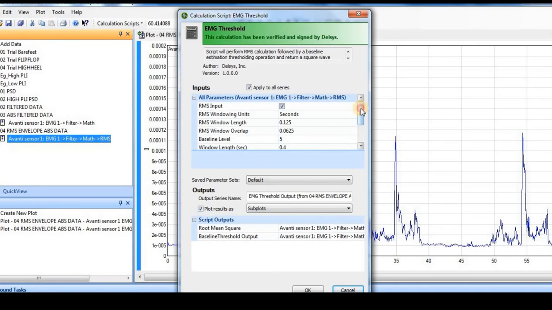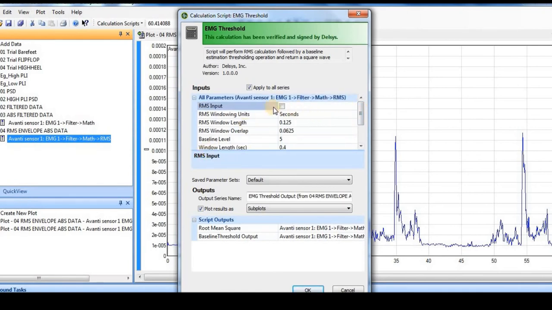If you have a rectified data series directly, then we may have to do the envelope estimation first, but in my case I have already done the envelope estimation, so I will uncheck it. Otherwise it's a two-step process. One is the RMS calculation, and the second part is the thresholding operation.